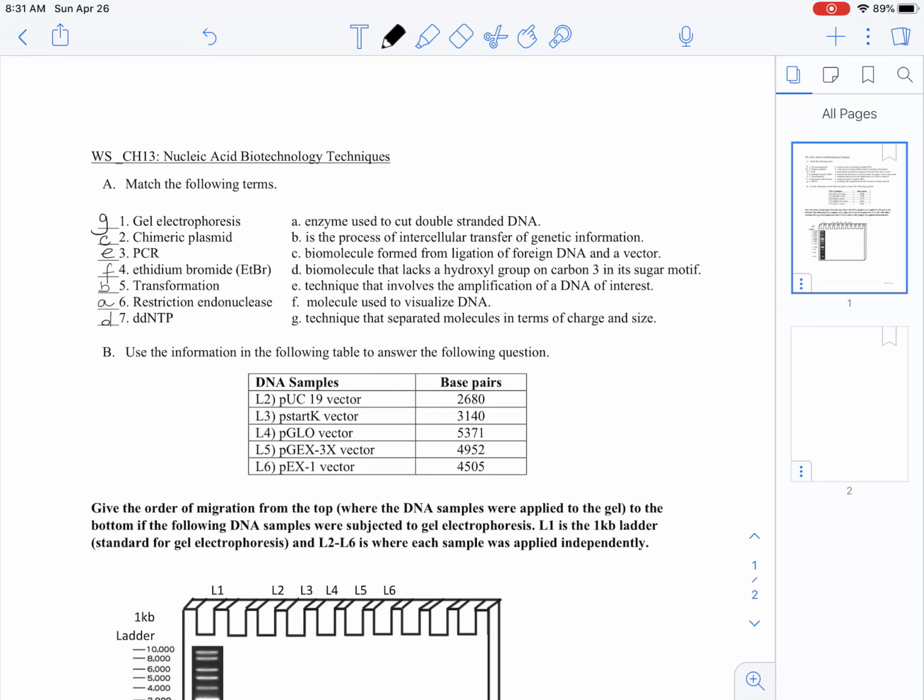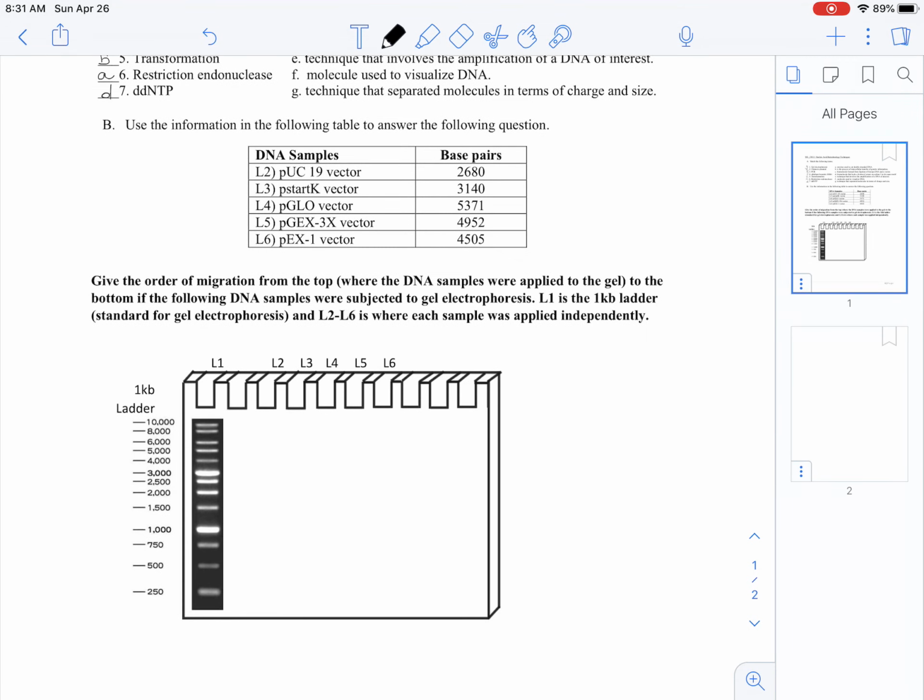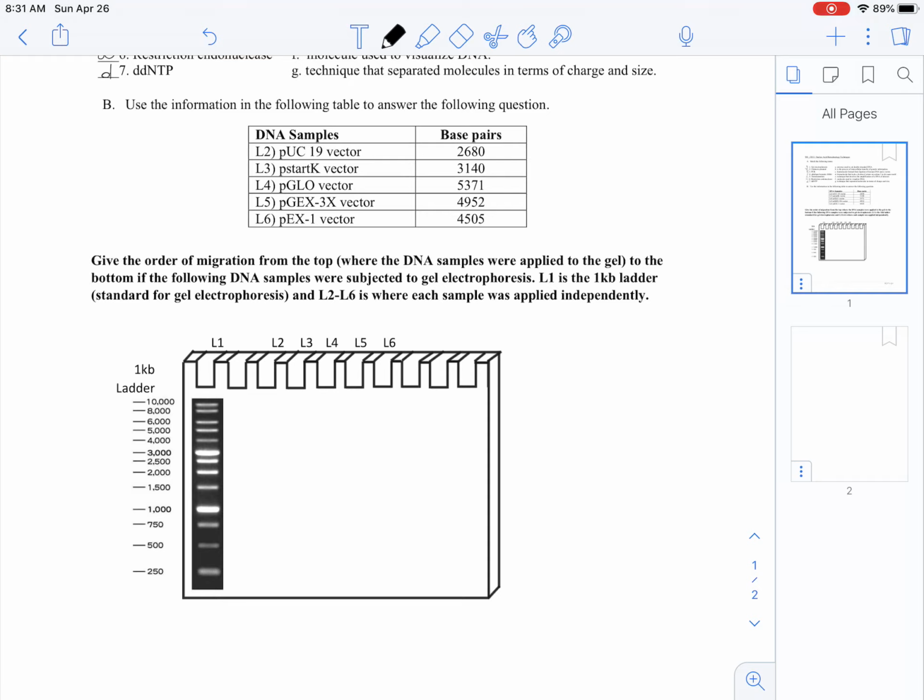Let's move on to part B. In part B, as you can see, we're going to have different DNA samples, and we have to give them the order of migration from top to bottom. Understand that these different vectors, as you can see, we're given the size in base pairs. On the left of the figure, we have a 1 kb ladder, and that is just a standard